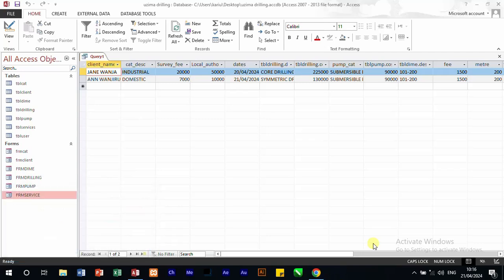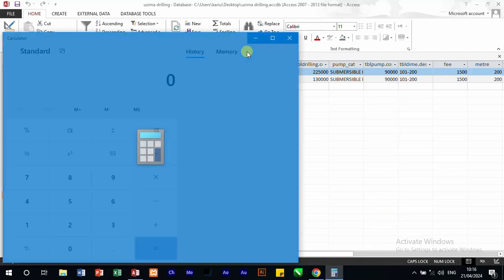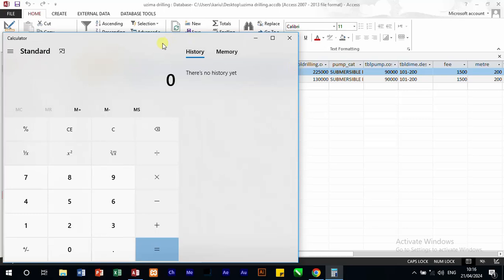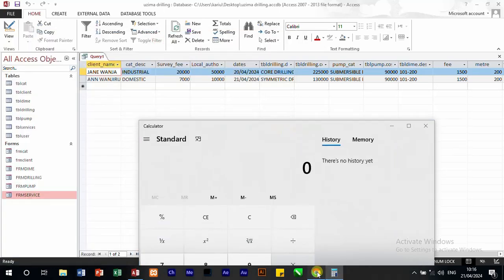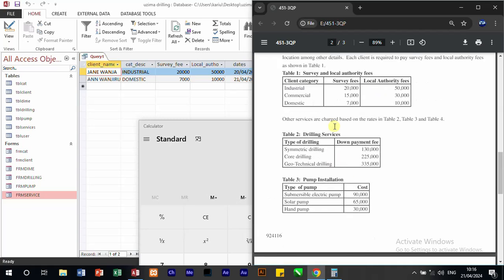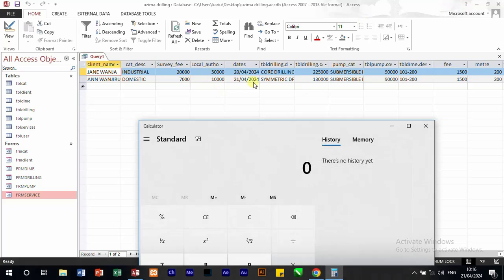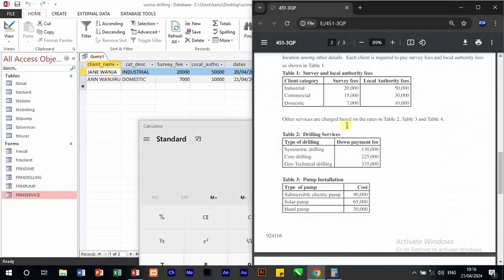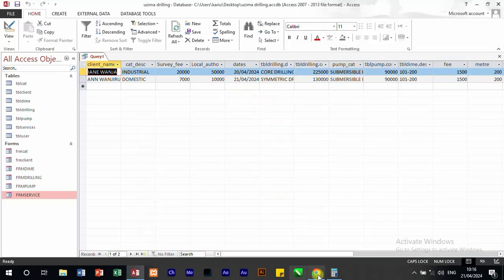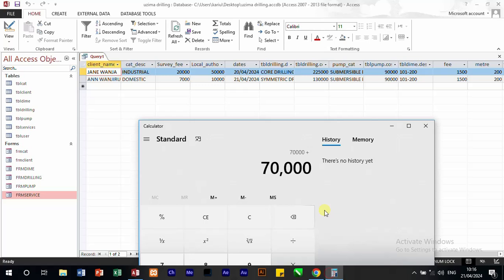for example, the first client. So the first client is an industry, so you can go back and see how much he's supposed to pay for industry. That is 20,050. So there's 20 and 50, making it 70,000. 70,000 plus. For core drilling, you go back to where you have the core drilling, should be 225. 225,000 plus